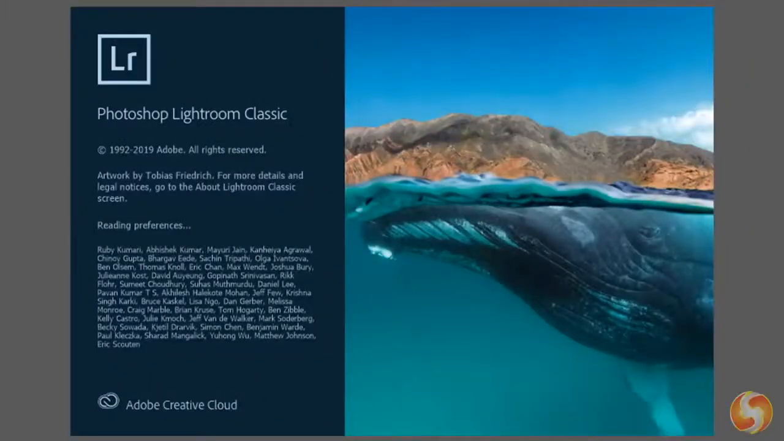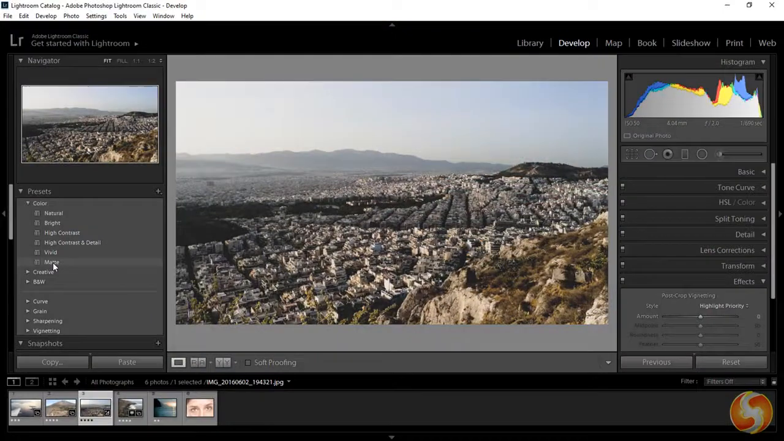Hello, welcome to this video. Let's get a simple and quick overview on all the features you need to know to start using Adobe Photoshop